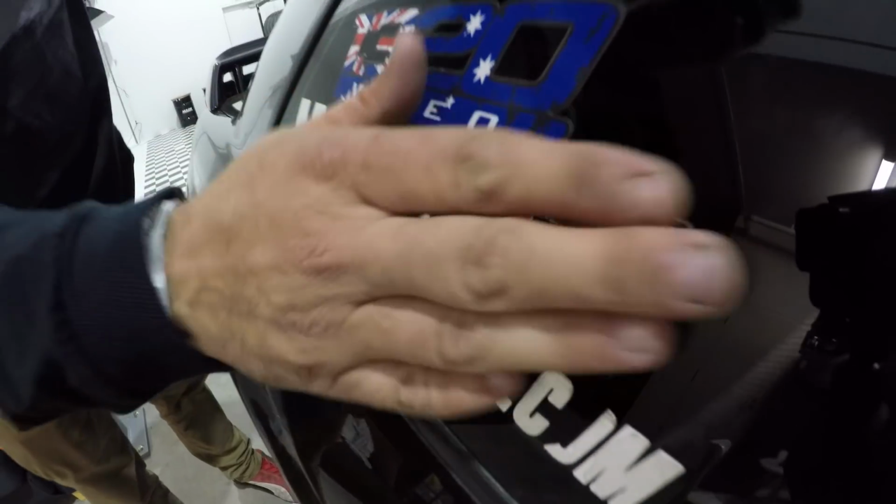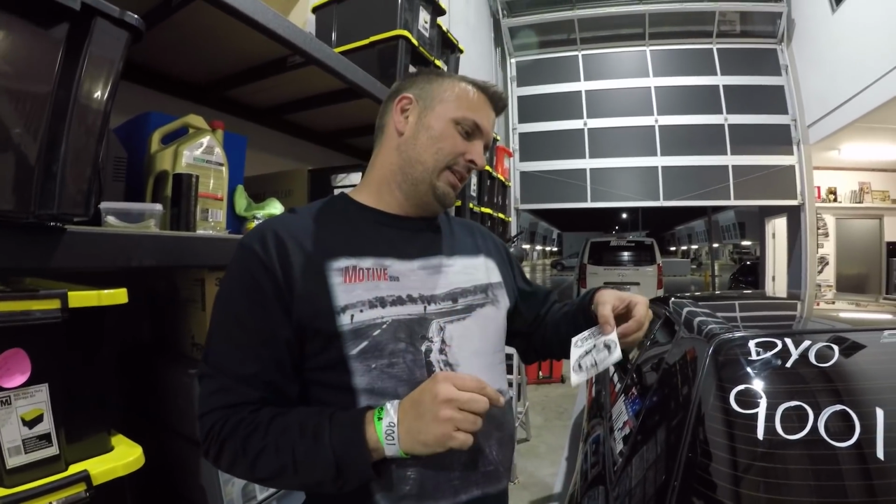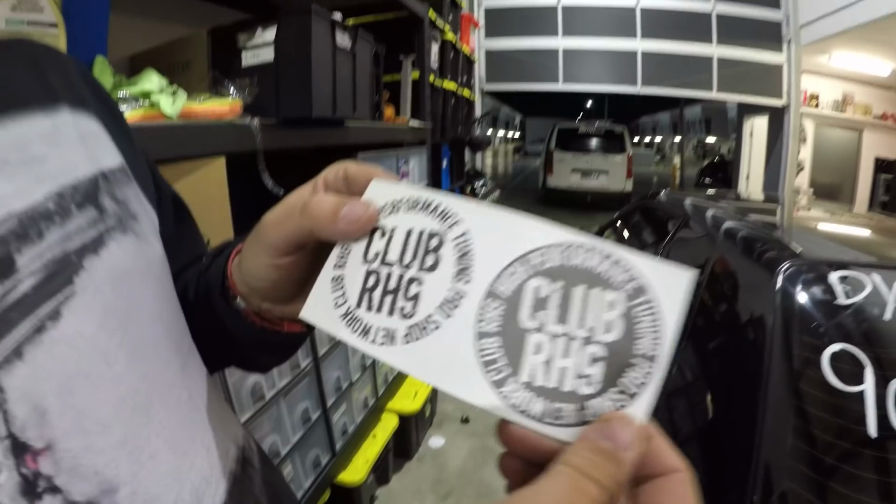Oh yeah. So I nearly forgot about this sticker. I got this in Japan, I think a couple of years ago. I can't remember when I got it, but I've been holding on to this. I forgot all about it, so